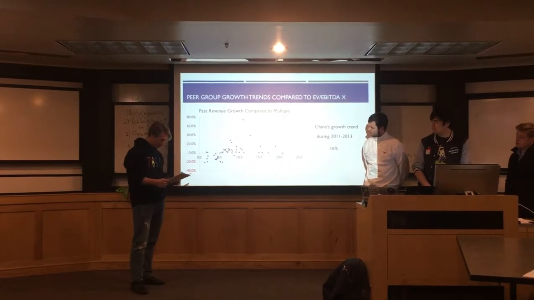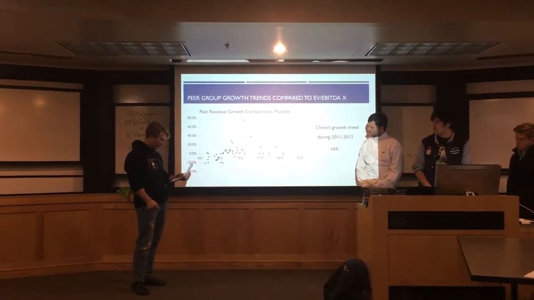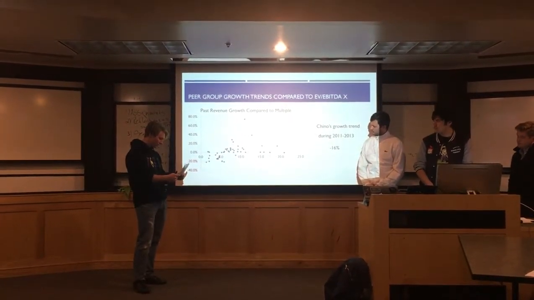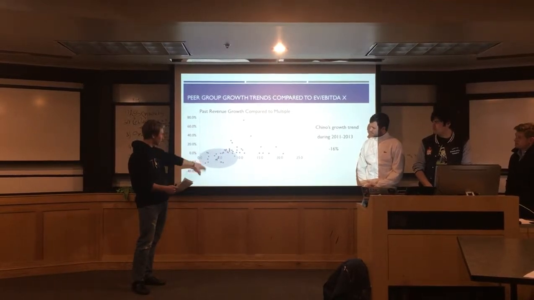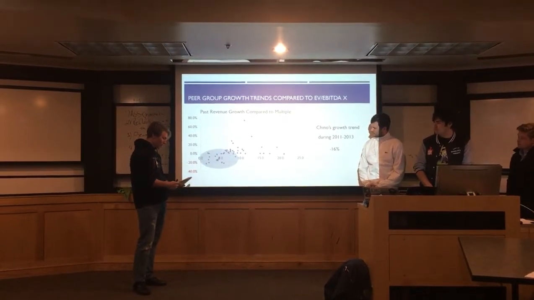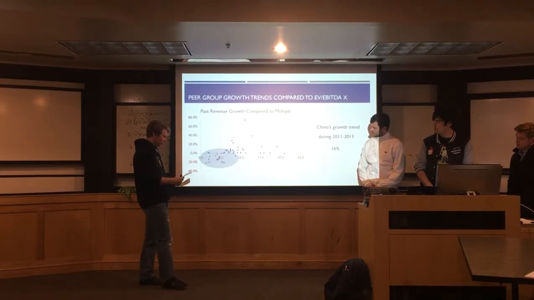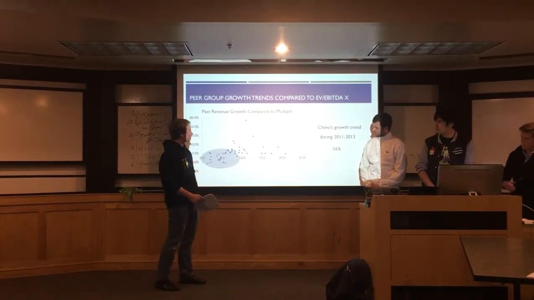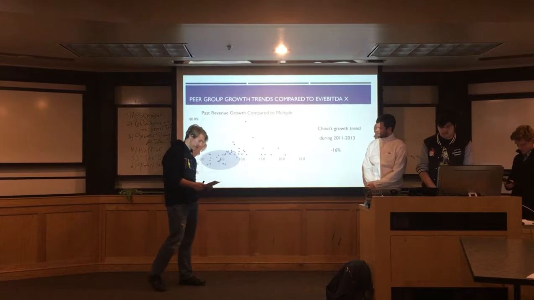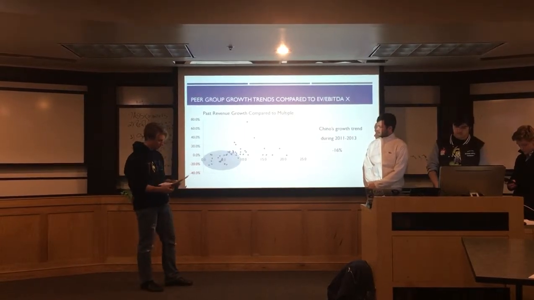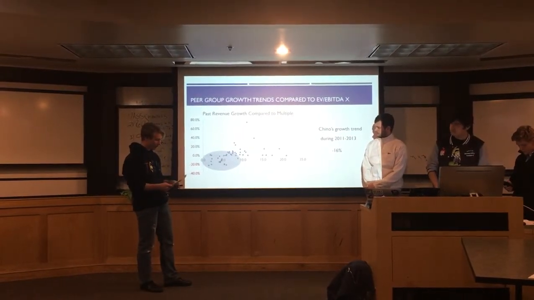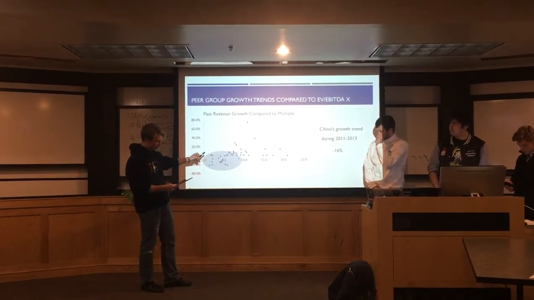The sample of multiples is correlated with the growth trends, and we can see how companies with recently declining growth are traded at lower multiples. Chino's growth trend over the last 2 years has declined by about 16% annually. So to find the companies more comparable to Chino's state, we looked in that area of this chart,